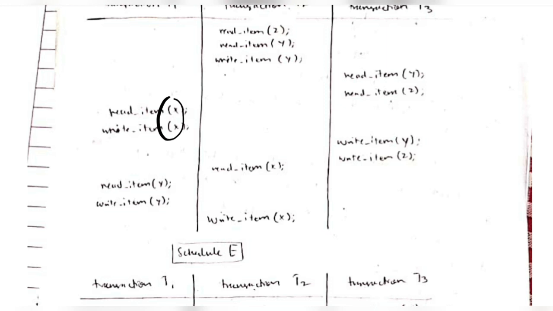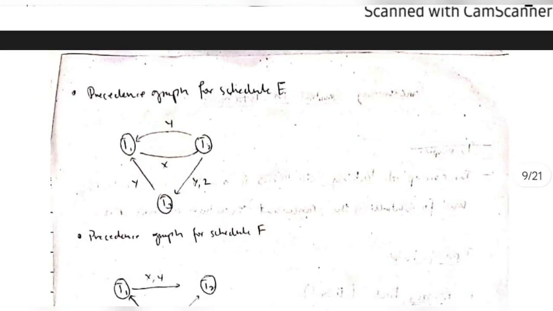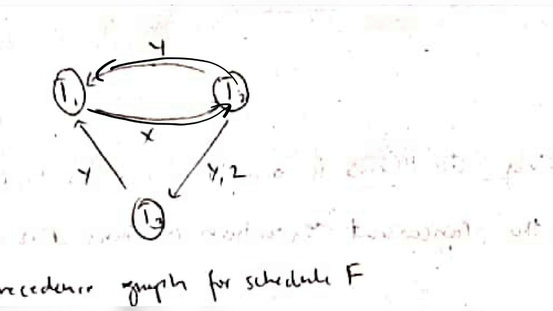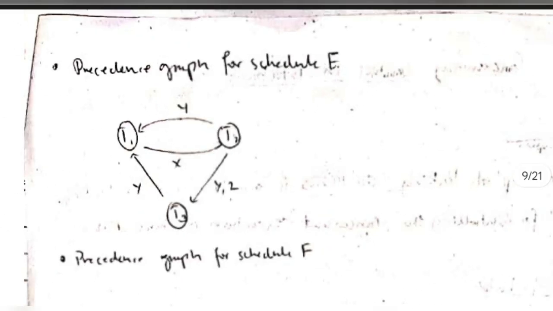Okay, like that we will see for other possibilities also. X is here, and where X occurs, it occurs here. So we'll have from T1 to T2 on X. Okay, so T1 to T2 on X. That's how we will do all the things, and then see if there is any cycle or not. As you can see, this is one cycle from here to here, and another cycle is this one from here to here, then again here. Okay, 2 cycles are there, so it's not serializable.